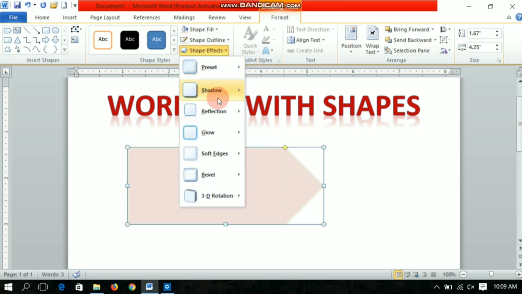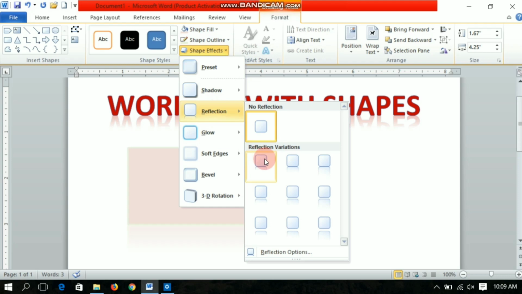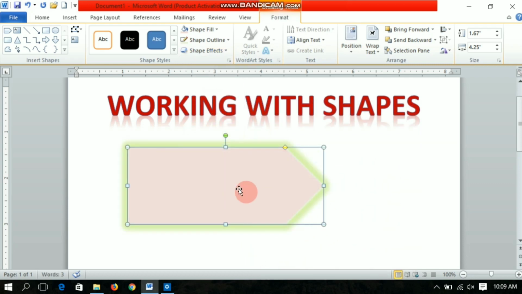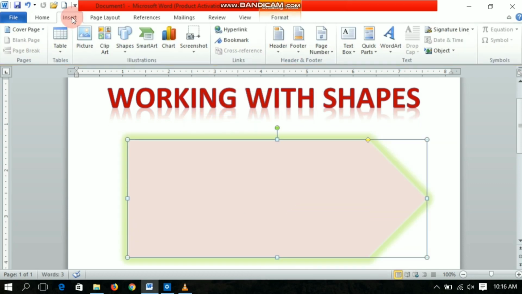You can change the shape effect, its reflection, glow, like this. Now after this you can also place a text box in the shape.